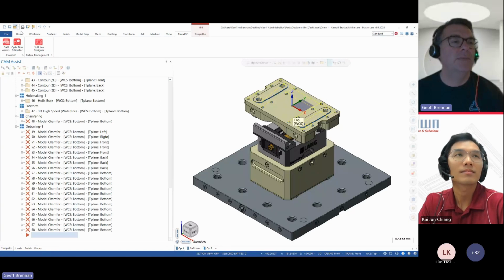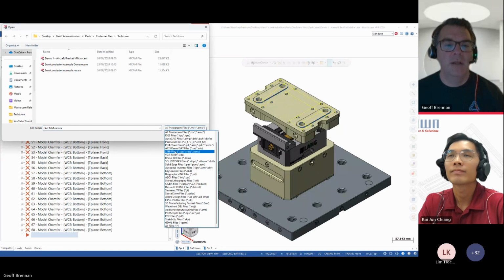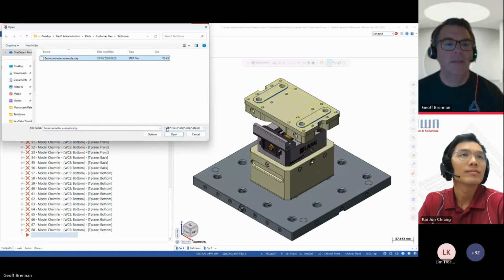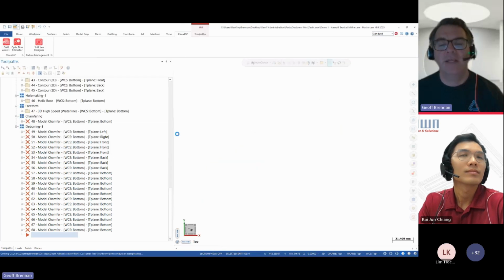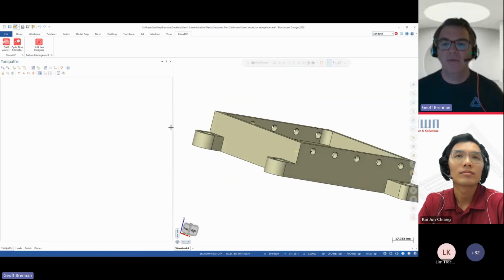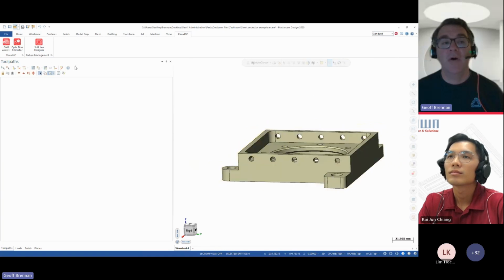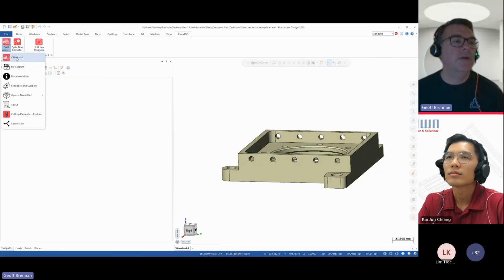But if I wanted to bring in a model here, let's bring in that first example. It doesn't have any work holding attached to it. I could basically run this without the work holding and just use the constraints of the model and the stock to define that. So let's just do a quick example here.